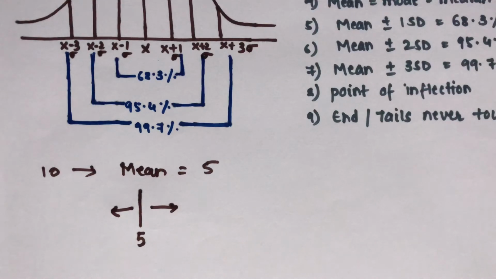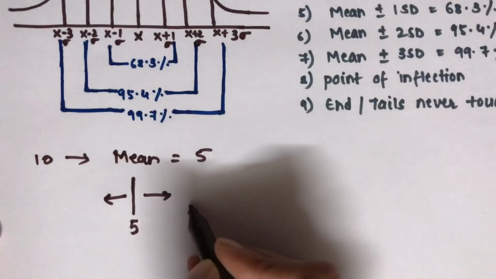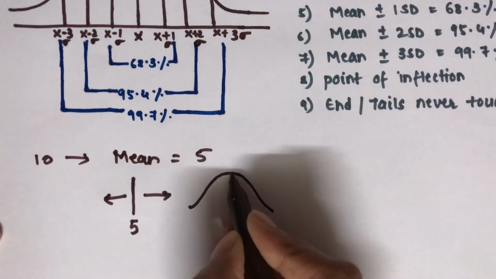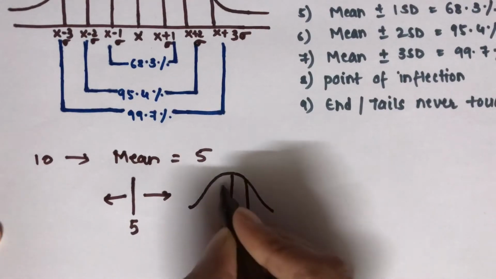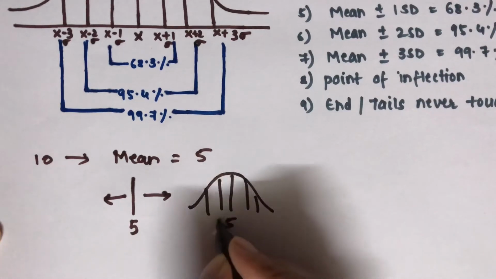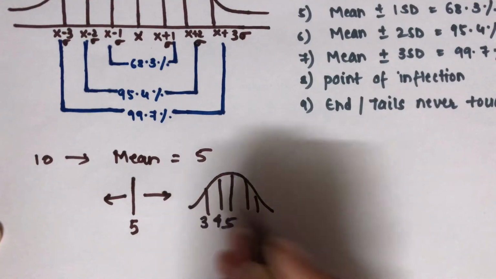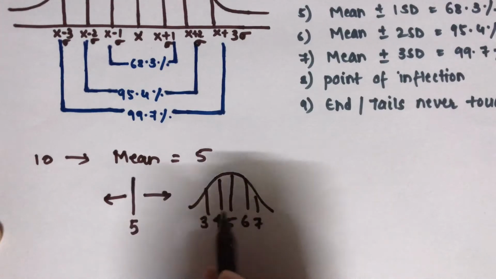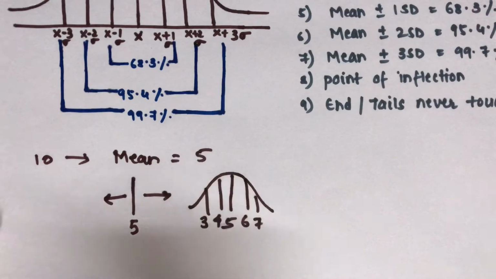It is because most of the values are dispersed around the mean value, and very few extreme values are seen on either side of it. Taking the carious rate as an example, when we draw a curve, it is normally distributed, like this curve. This is the mean. Now these are the dispersion rate. Here you will see this is 4, so the number of carious teeth is 4, 3, or over here 6, 7. You can see the distribution is normal, and hence it is known as normal distribution.